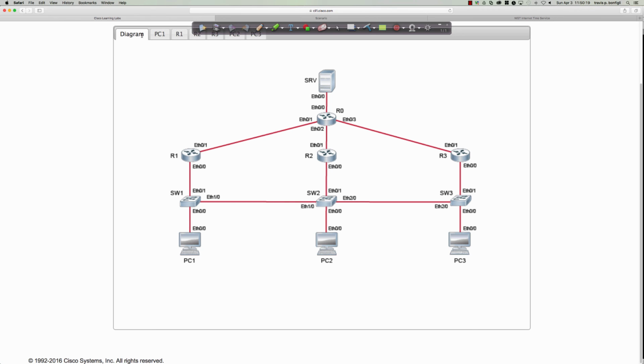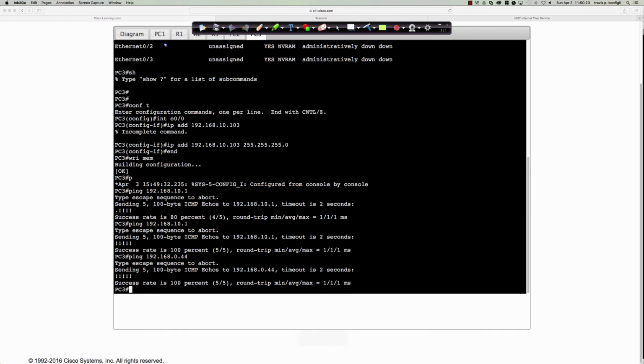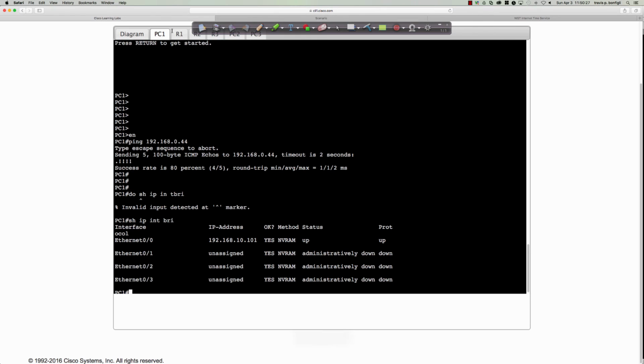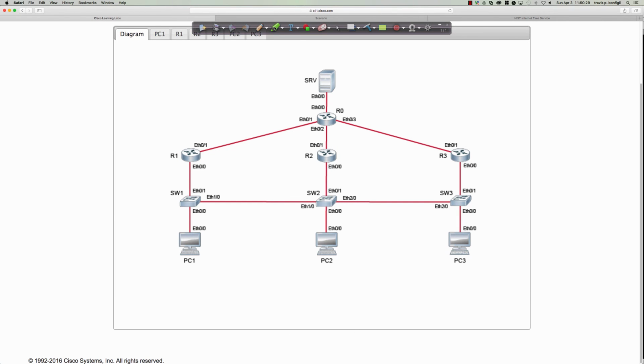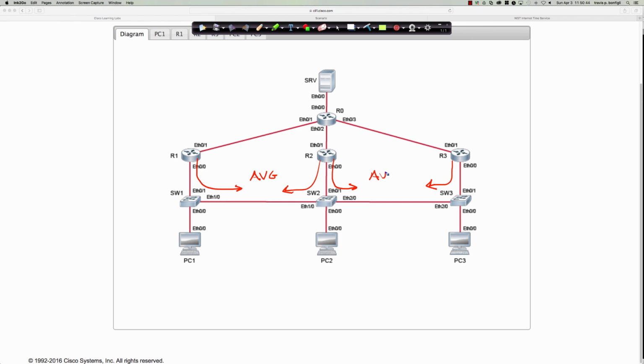Remember that the active virtual gateway status is predicated on whether router 1 and router 2, router 1 and 3, and 2 and 3,